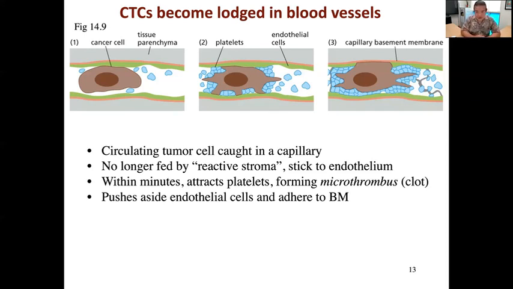But now that it's somewhere else in the body, very far away from that original reactive stroma that was giving it all the sort of confused messages that it was using to kind of escape in the first place, it's no longer receiving those reactive stroma messages. So in many ways, the cancer cell begins to kind of chill out, right? It calms down in a way, right? And it wants to revert back to a more familiar type of environment that it's comfortable in.